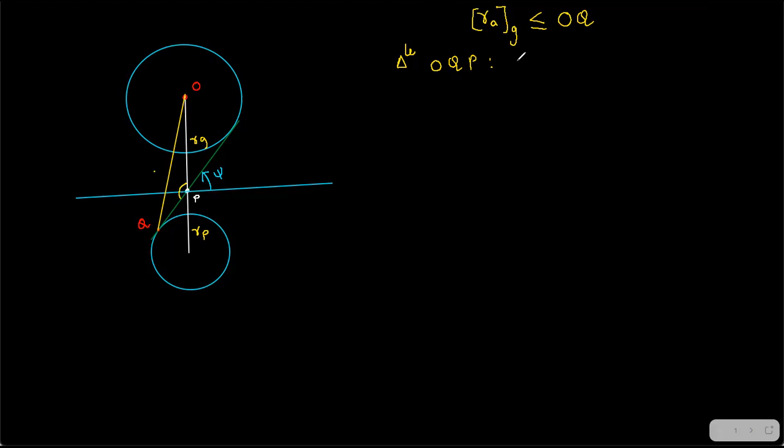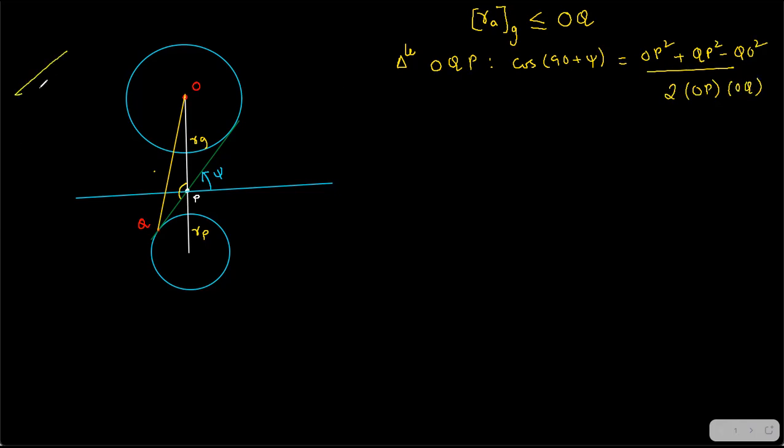So I'm going to write cos(90 + psi) is equal to OP square plus QP square minus QO square divided by 2 times OP into OQ. Hope this formula you have come across sometime. I'll just share with you. So this is A, B, C, for example, and this is theta. So write it this way. The formula comes like cos theta is equal to A square plus B square minus C square divided by 2 times AB. So this formula I have used here.